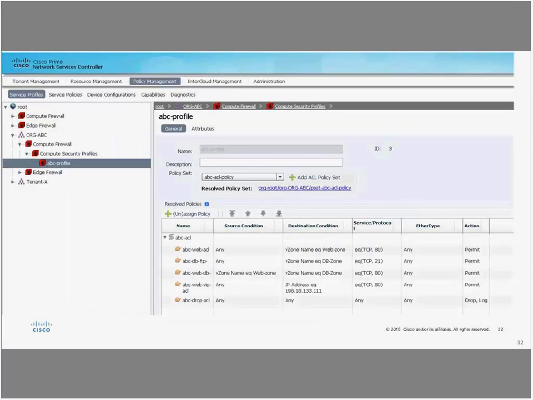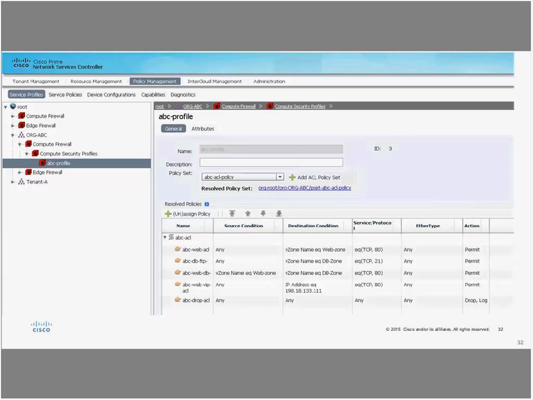Here I'm showing that after my tenant is created, after I have assigned it a VSG, how do I create the zones and how do I map it to a profile, a firewall policy, which would be triggered whenever I see traffic coming from a virtual machine getting redirected to this tenant.